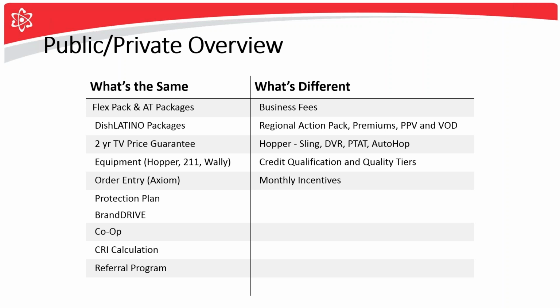The credit qualification is also going to be a simpler process, and they're going to be qualified based on their tax ID certificate. There's no actual credit qualification. So there are 2 plans for them to choose from. No credit qualification will go in place there, no quality tiers. And then you're also going to have the difference in your monthly incentives, where you have to maintain a minimum of 3 activations a month, whether it's residential and commercial, residential or commercial, in order to get your monthly incentive.